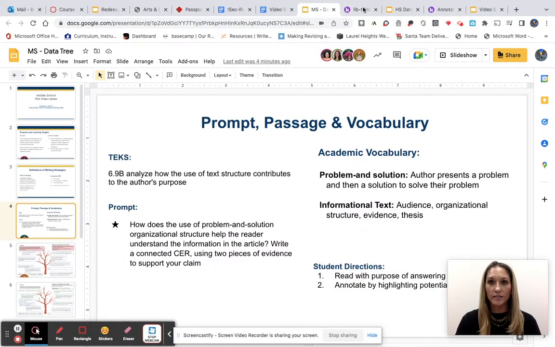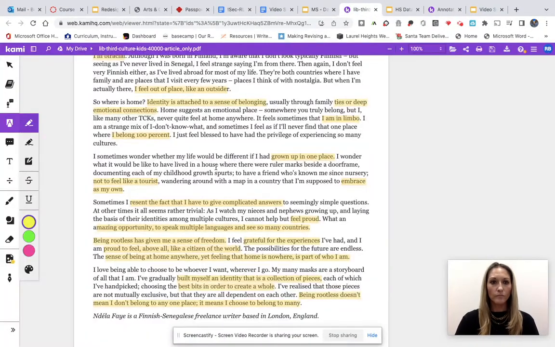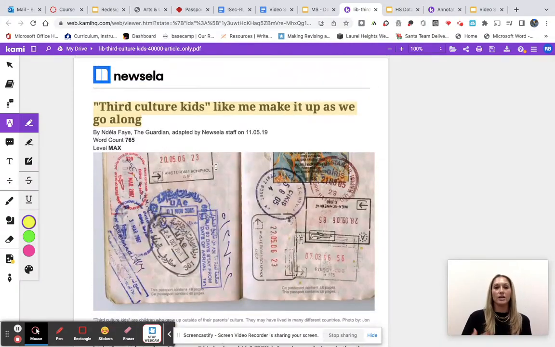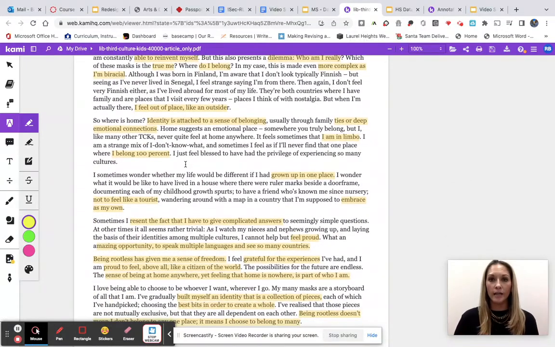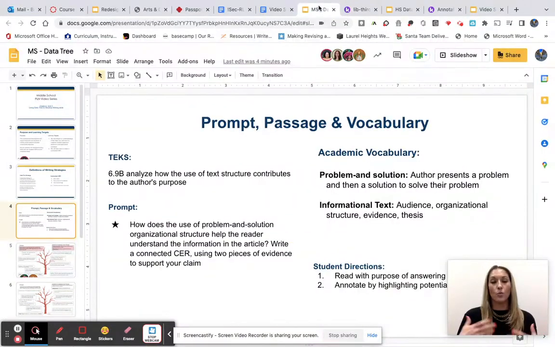What you're seeing here is a fully done lesson. So you're going to see highlights and annotations that the student would have already done. This is how it would look if it was complete. So on our data tree, we've